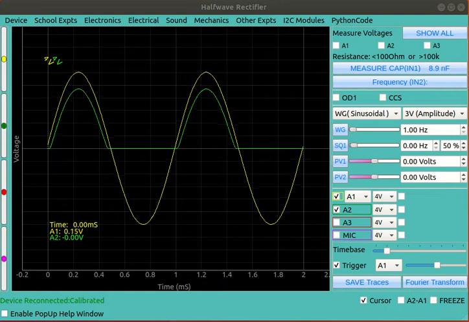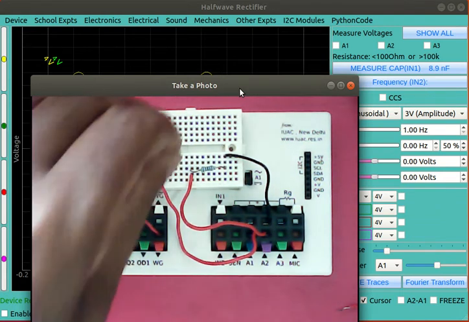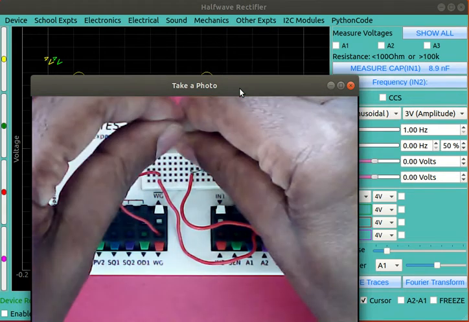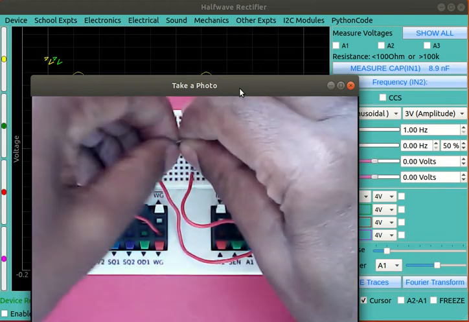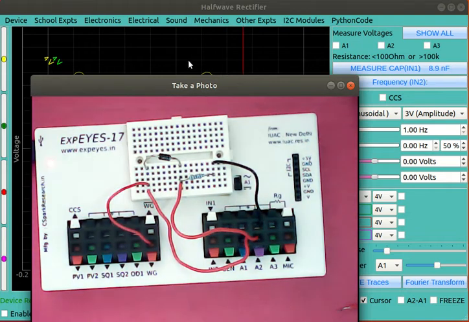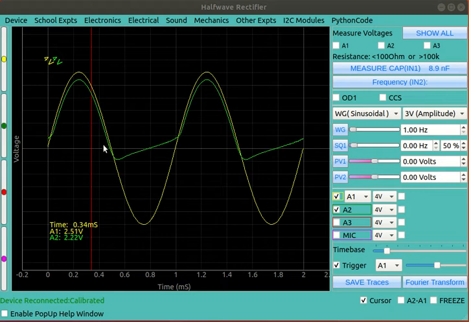So far we have used, this is a 1N4148 high frequency diode. So we are going to replace it with another diode. And we remove the load resistor. So what you see here is it's coming into the negative half also here, right? And with the earlier diode it was not happening. So what could be the reason?